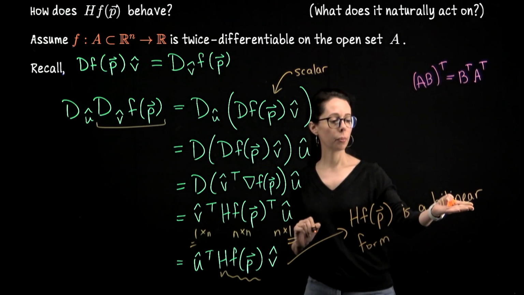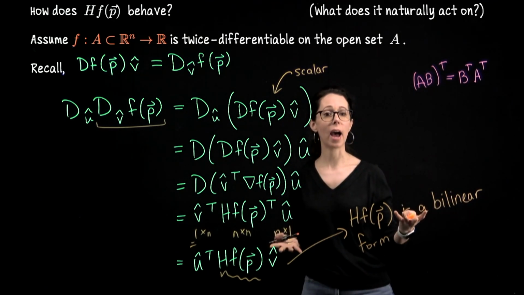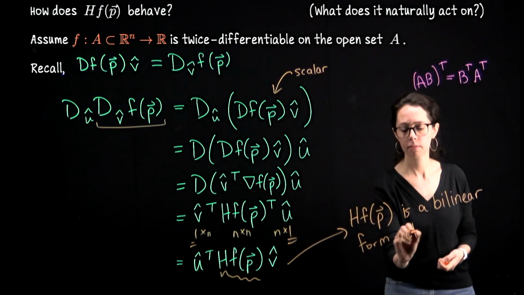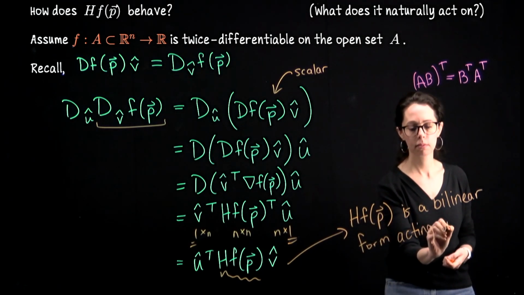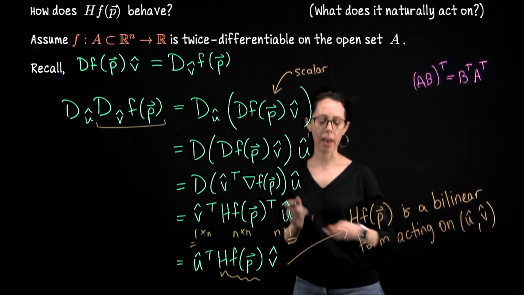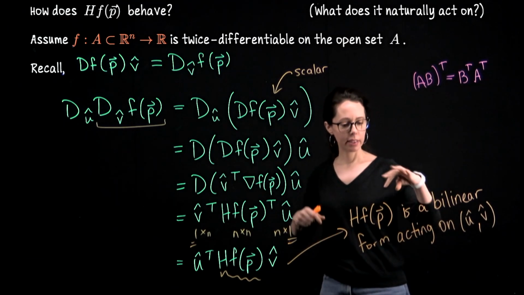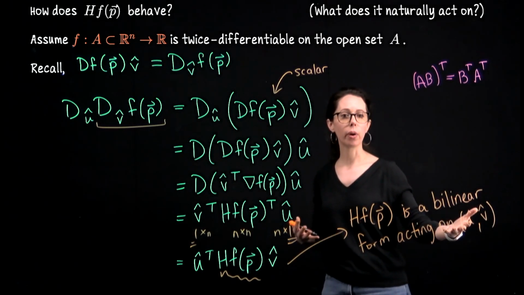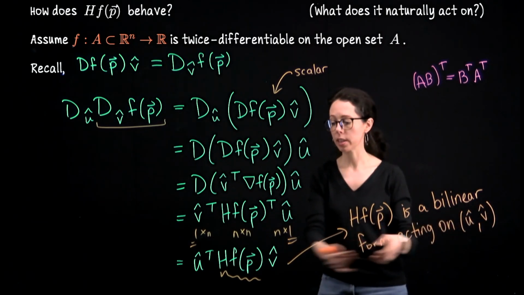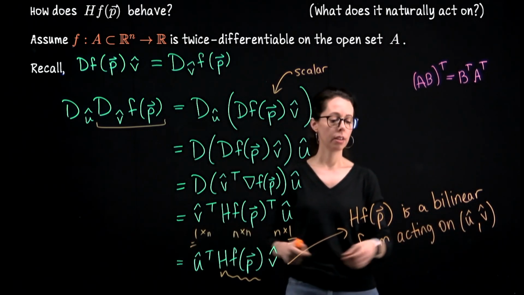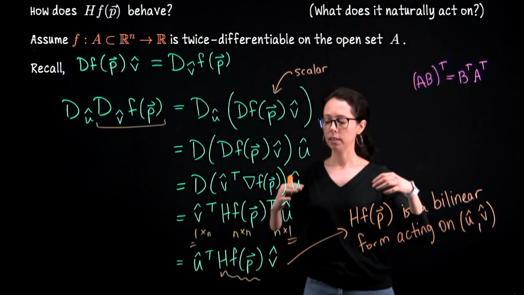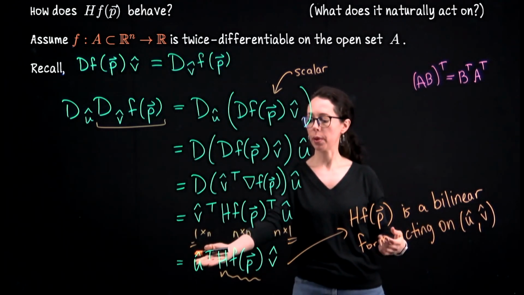It's linear with respect to the two vectors it acts on. So a bilinear form acts on two vectors. Here, we're acting on the pair of vectors u hat and v hat. And how do you act with this operator on this pair of vectors? You do this matrix product. So HF at P acting on this pair of vectors, to evaluate that, you would do U transpose the Hessian